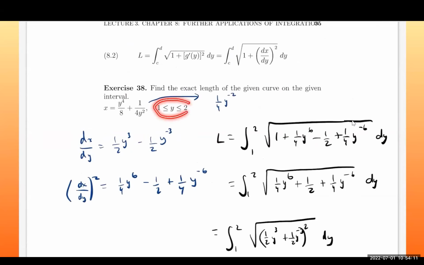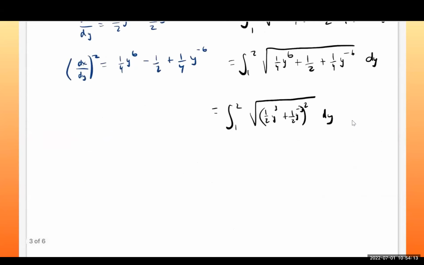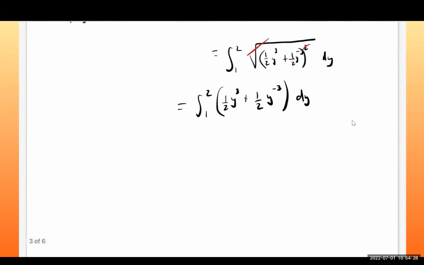And once again, we are dealing with positive values here. So for the root, we only have to worry about the positive root, not the negative. So those cancel. And now we have the integral from 1 to 2 of 1/2 y cubed plus 1/2 y to the negative 3